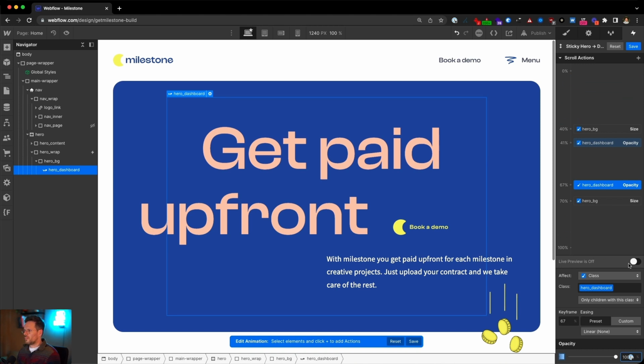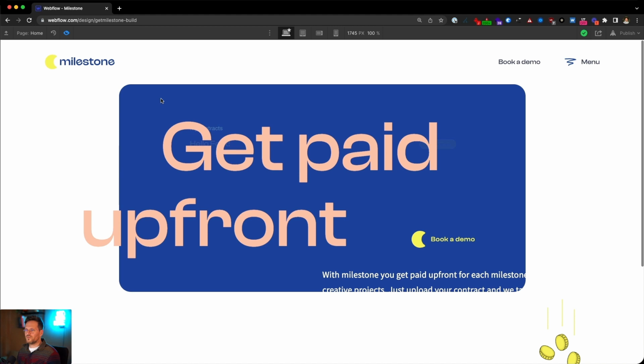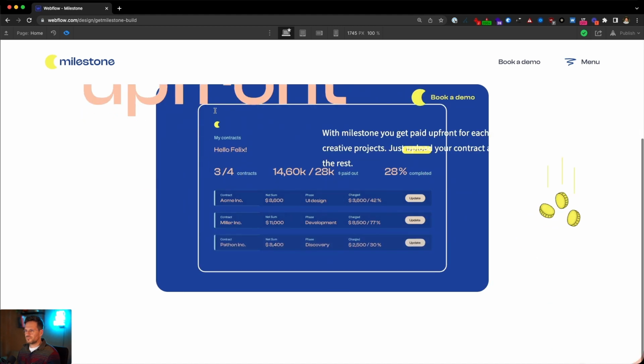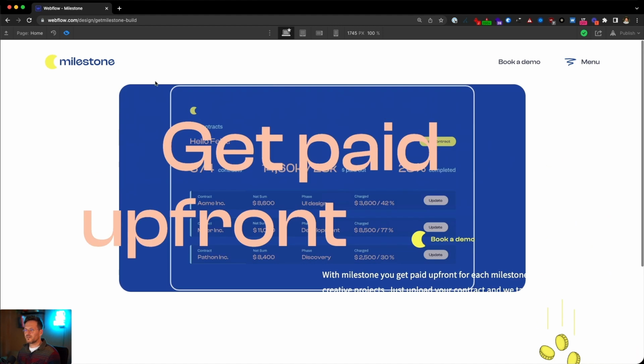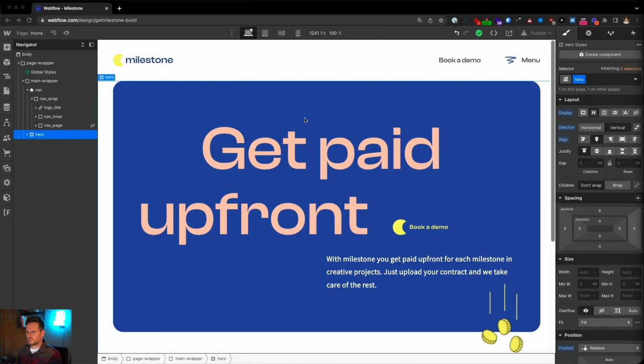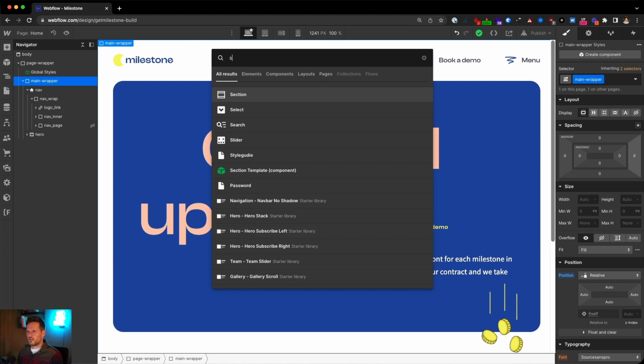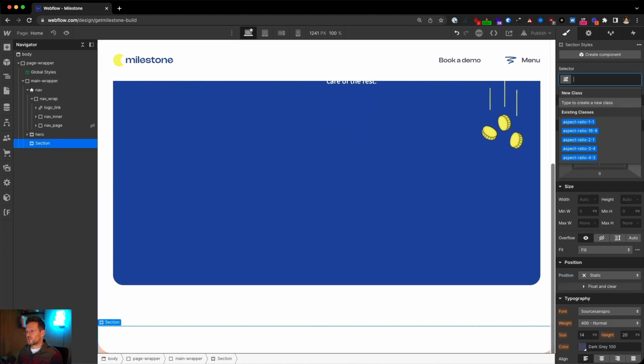So if I turn on preview mode, you can see it still looks pretty broken. But we can fix that just by adding another section.